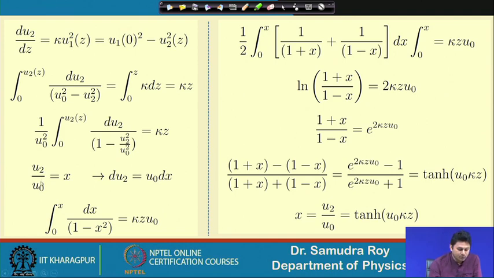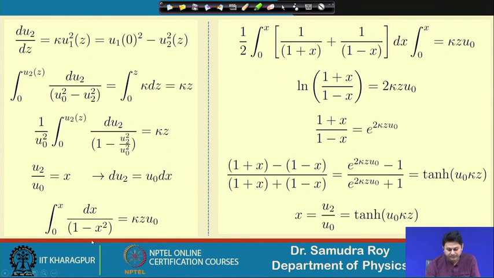Then I take u2 by u0 as x. If I take u2 by u0 as x, then du2 becomes u0 dx. We replace this term here as dx. That one u0 will be here, and this one u0 divided by one u0 square will give you 1 divided by u0. If I take one u0 to the right hand side, it will multiply with kappa z, giving kappa z u0. Once it is multiplied with kappa z u0, the left hand side simply becomes dx divided by